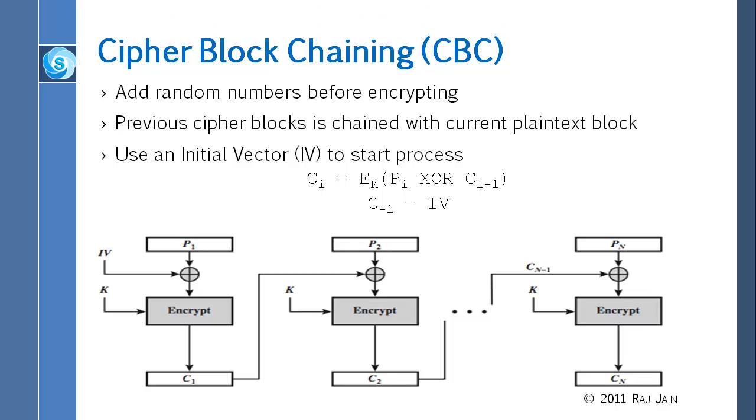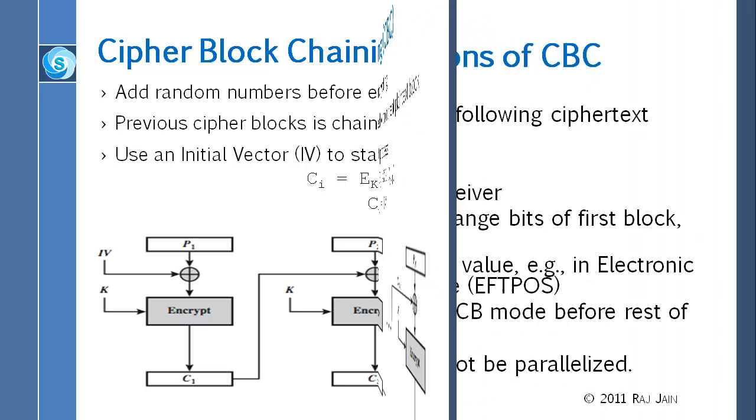Second thing is, what do you do with the first one? See, here you are adding the previous cipher block. What do you do here? So what they do is they take what they call an initialization vector, a random number, and they use it for the very first one. Now that random number has to be sent to the receiver, because the receiver has the key but does not have the IV. So in fact, in many places where I have seen, for example in IPsec and all that, the IV is sent in the clear, because before they get the IV, they can't even decrypt anything.